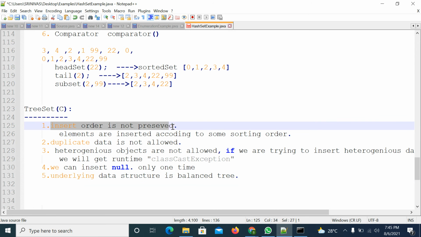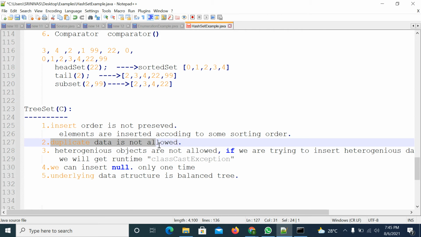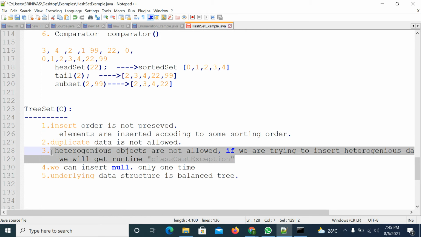It won't maintain insertion order, but elements will be inserted according to some sorting order, maybe natural sorting order or customized sorting order. That is one point. Duplicate data is not allowed. Heterogeneous data is also not allowed. Why?